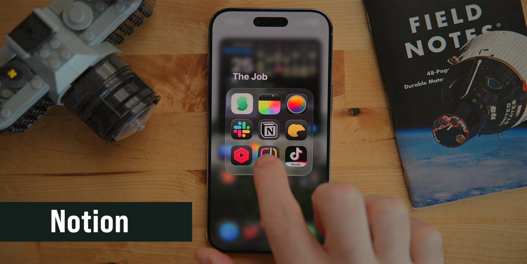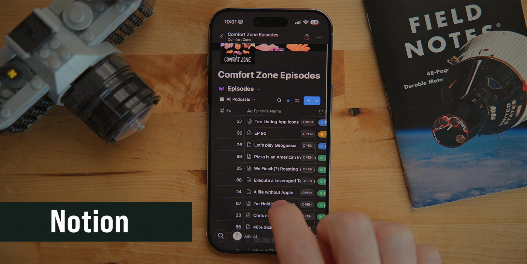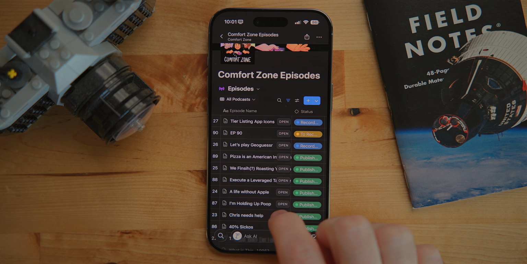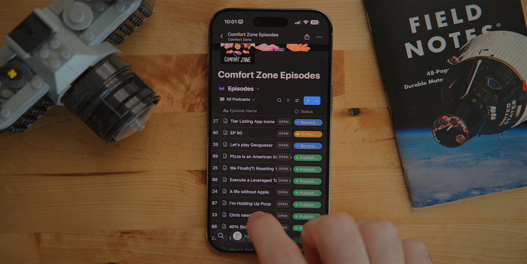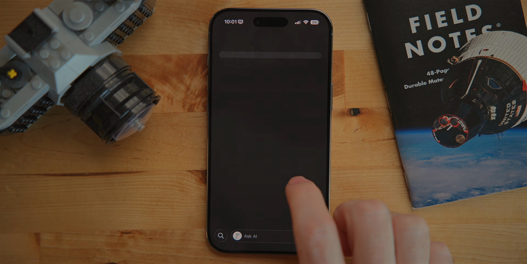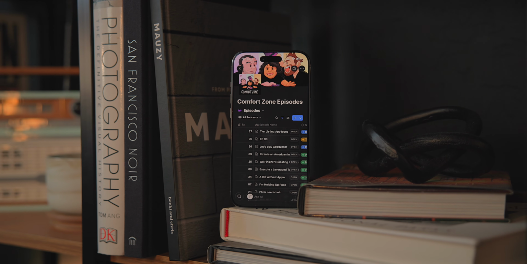Notion is how we do all the prep for Comfort Zone. We build the show outlines, track episode topics for both Comfort Zone and the separate member show Cozy Zone, and if a listener fills out feedback, it all goes in here. Notion has come a long way on the iPhone and iPad. In fact, I kind of want to make a separate video about it because I've been playing around with it for kind of a back-end business support app for doing like expense tracking, income tracking, sponsor tracking, project management,